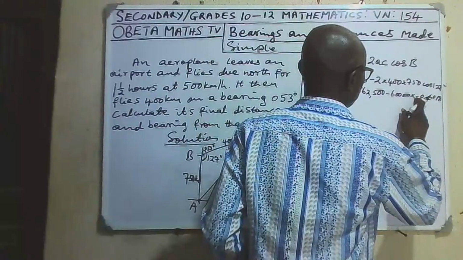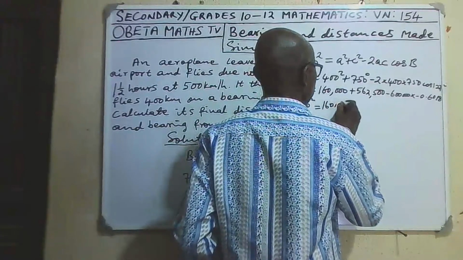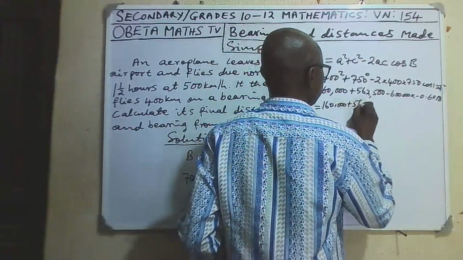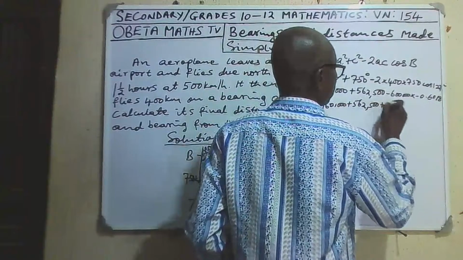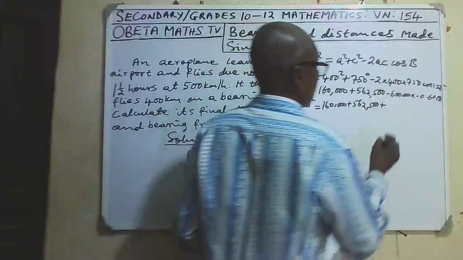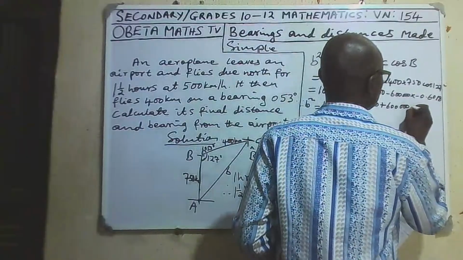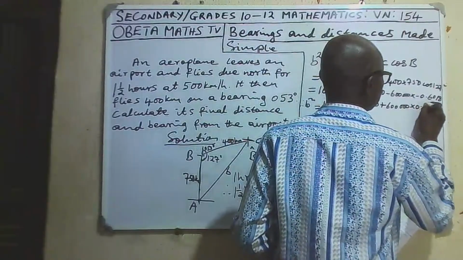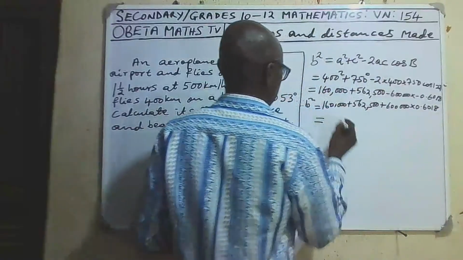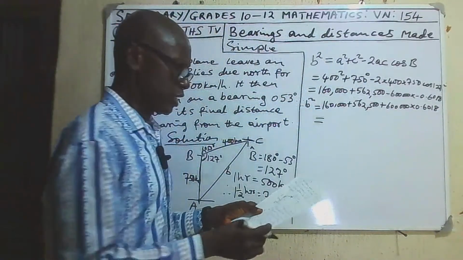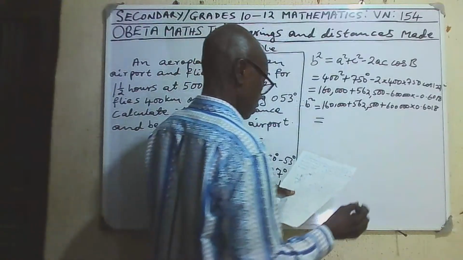So it will be 160,000 plus 562,500 plus 600,000 multiplied by 0.6018. So if we carry out the addition and the multiplication, it will give us